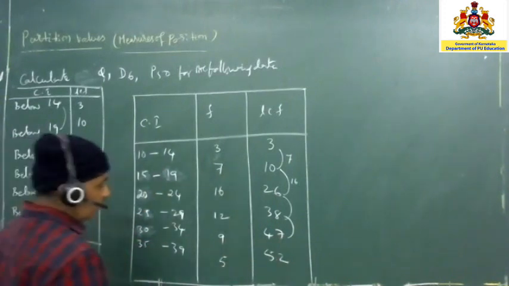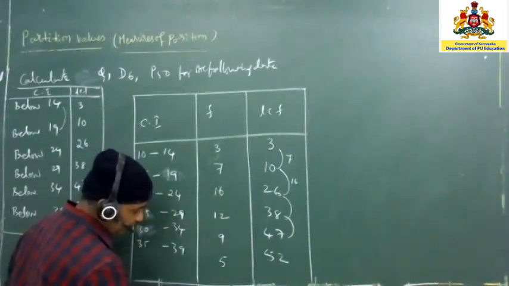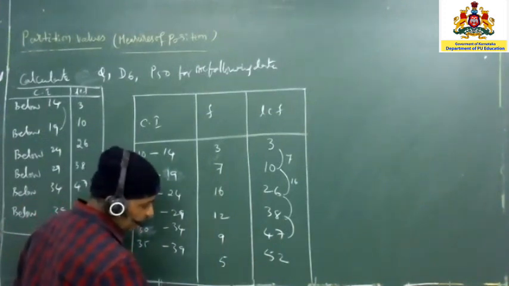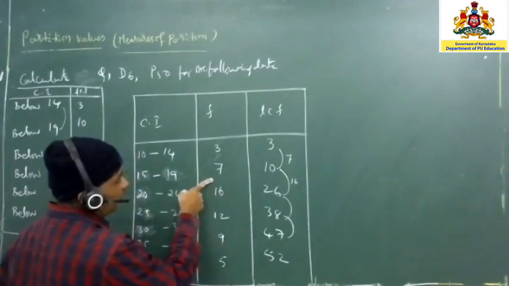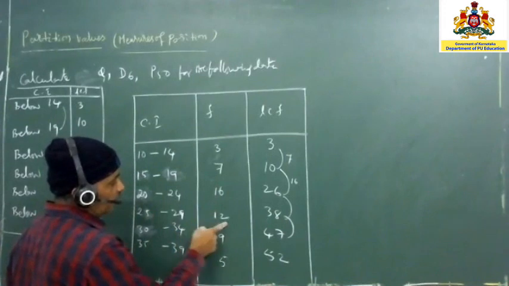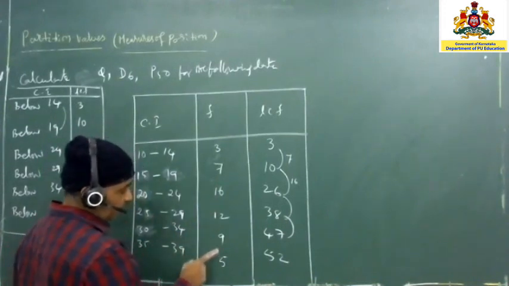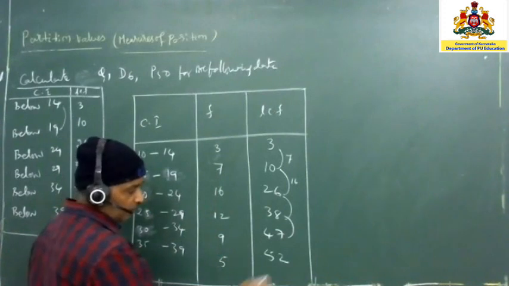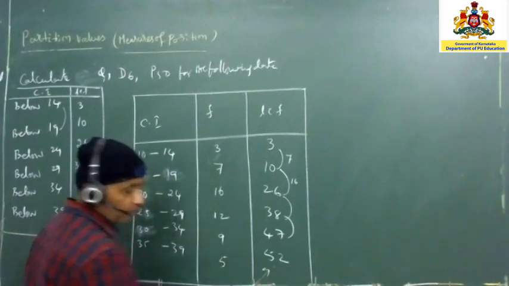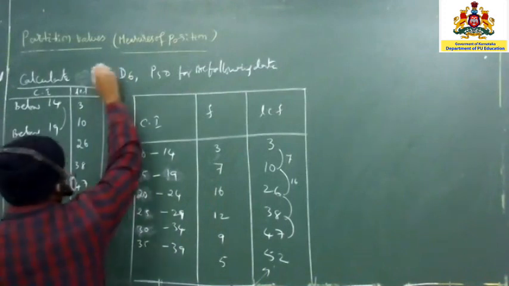All right. Now what is the checking here we are going to do? Always it should be the same. Whether it will be the same or not, we will check it. So 10, 10 plus 16, 26, 26 in the sense 38, 38 plus 2, 47, 47 plus 5 is 52. The last observation must be equal to this part. We have checked it already. Is it right? Now we are going to do it once again.